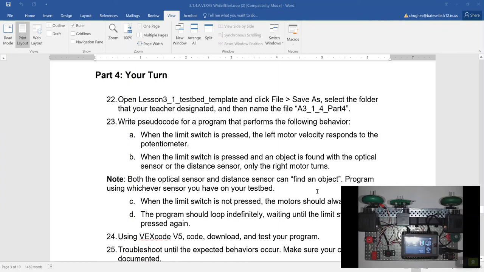In this video, we're going to be looking at activity 3.1.4, while loops and if-else structures, using the VEX V5 testbed and VEXcode V5. In part 4, we're going to look at building a program after being given some simple behaviors. Up to this point, we've been given a lot of example code to build. This time, we're going to take a look at some simple behaviors and see if we can build the